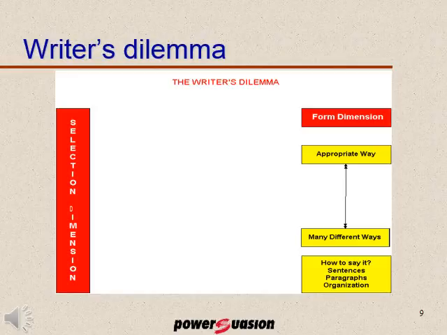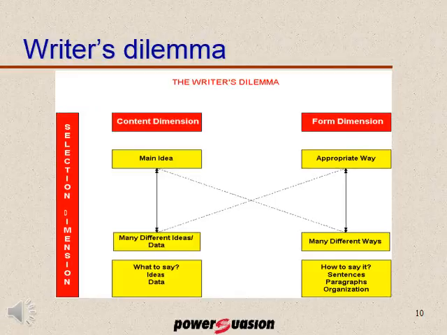And this then begins the second part of the tension that we will feel as a dilemma. I don't know about you, but I have often found myself changing things as I move from one dimension to another. Once I decide on what I want to say, then when I go over to the question of how I say it, what I want to say changes. And so by going around this dilemma back and forth, I'm trying to figure out how to balance these two ideas, what it is that I'm going to be expressing, and then how am I going to be expressing it. And this dilemma haunts me throughout the writing process because I'm continuously asking myself these questions.